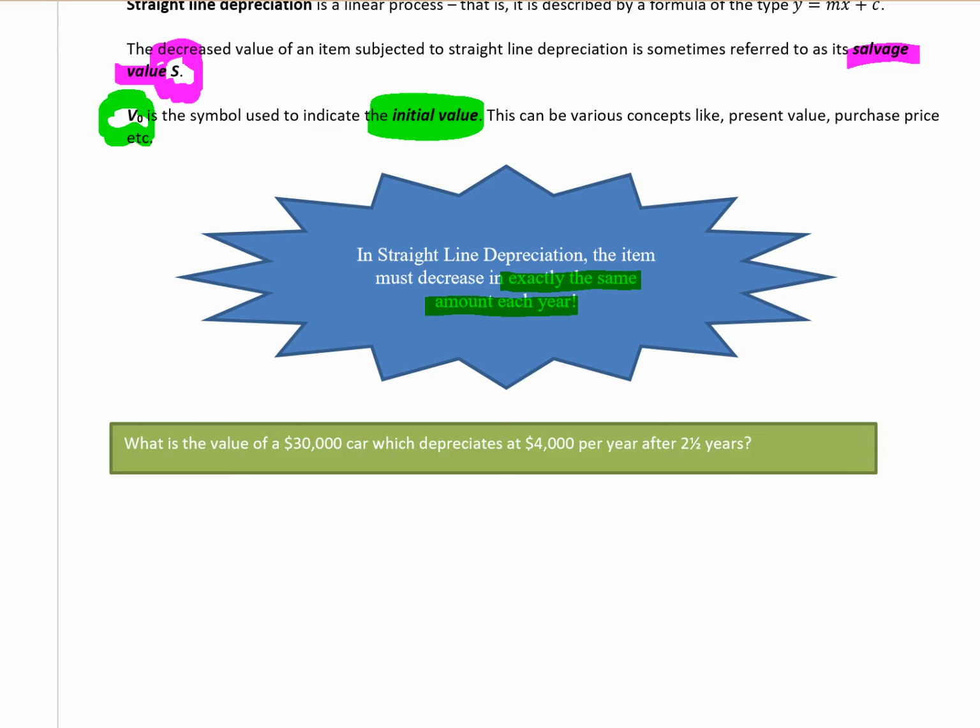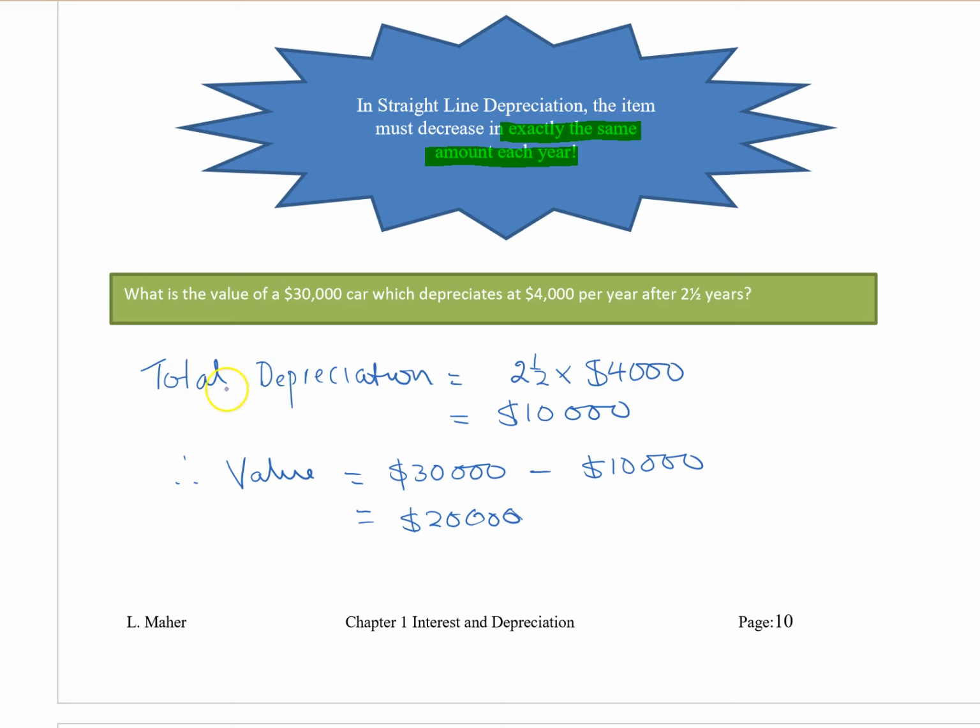We could calculate the total depreciation by using the information in the question, 2.5 years and 4,000 each year, so we multiply those two numbers and get 10,000. Now if we know that that is the total amount it depreciates over the 2.5 years, then we just take the 10,000 away because depreciation is a decrease,